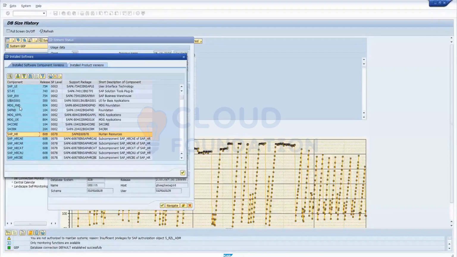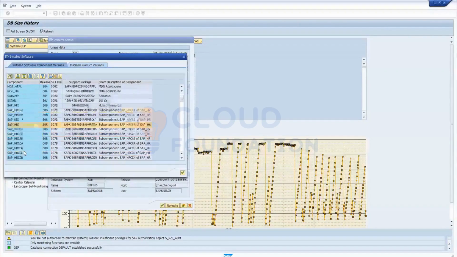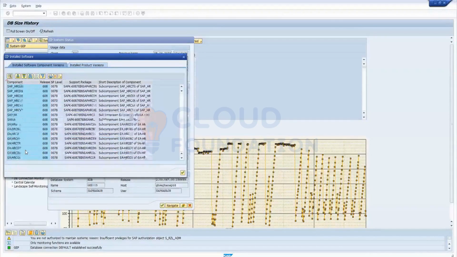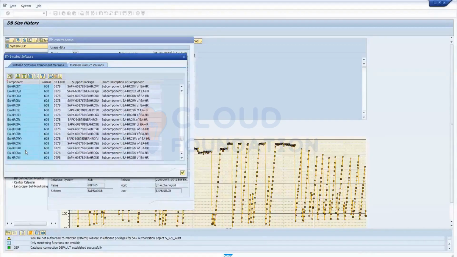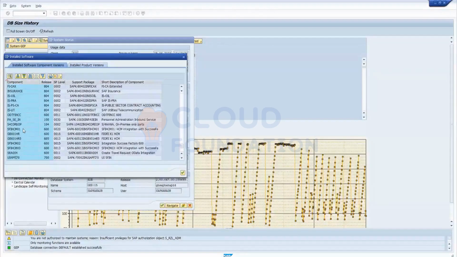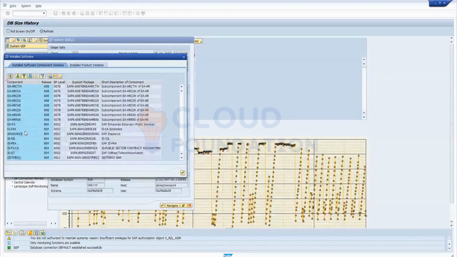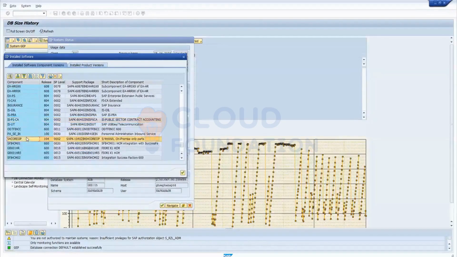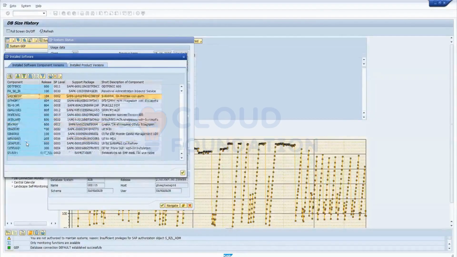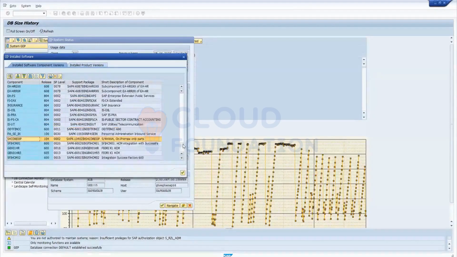FICO is not there, but we're using FICO. Maybe upside it would be there.